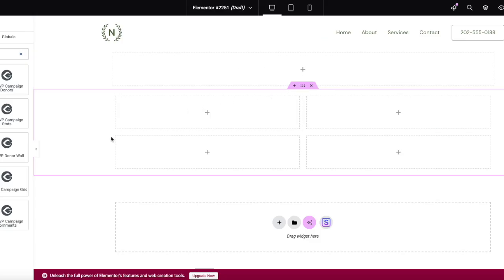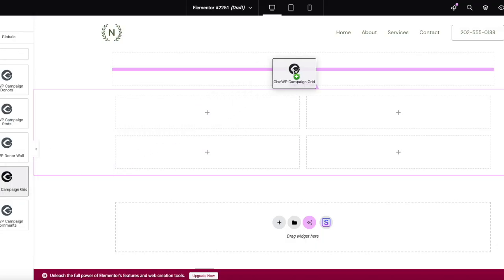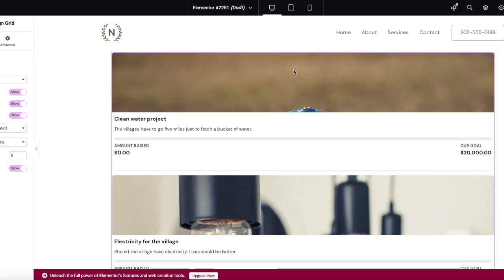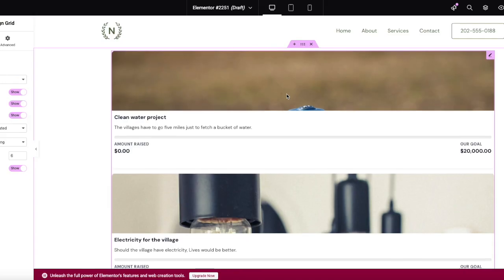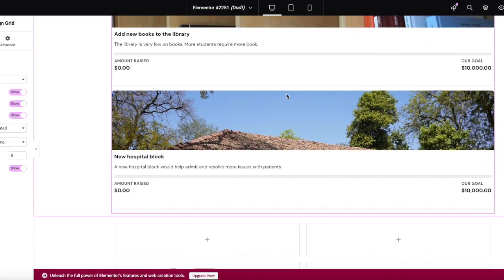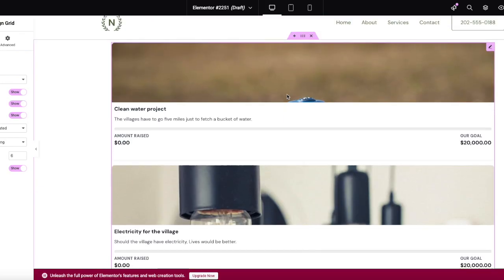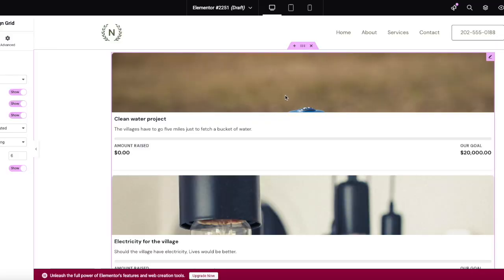What we want to do is put all the Give WP campaign grid in here. So we have 4 campaigns and all the campaigns are put here in full width, which doesn't really look good. So we can go to layout and change from full to triple,